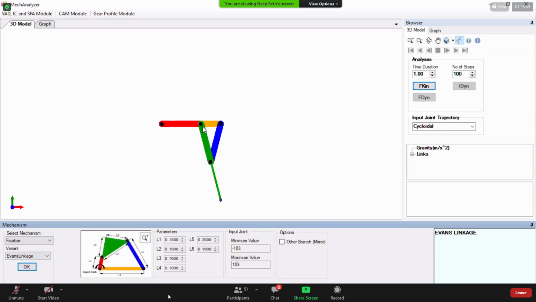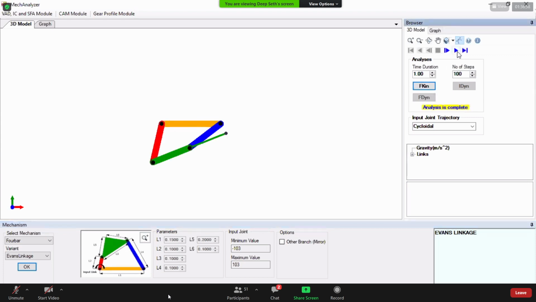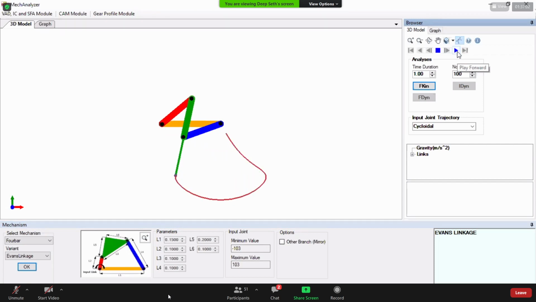For example, this one. Your joint is still here, but you have extended the link to have a point of interest over here. When you run this mechanism, you will see how it is working. See, it's making a bell shape. If you want a mechanism in which you always want to run your tool in this form only, you can do it.